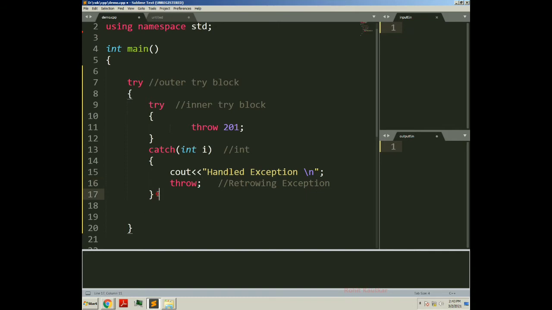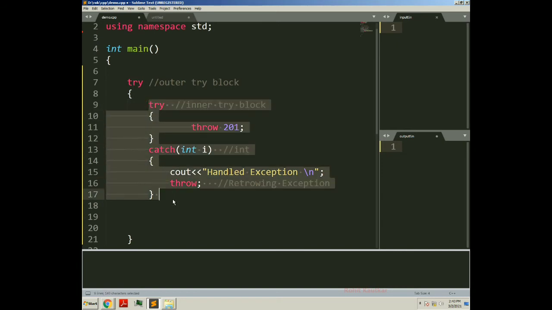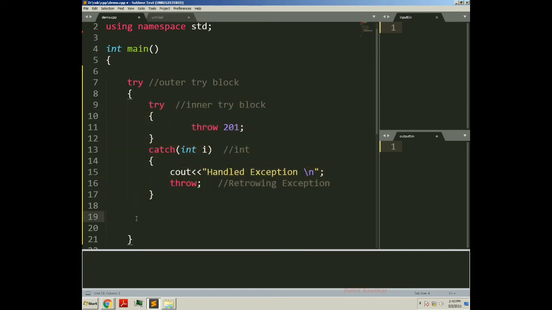Right now we do not have any catch block immediately for this inner try block, but we will have a catch block for the outer try block.